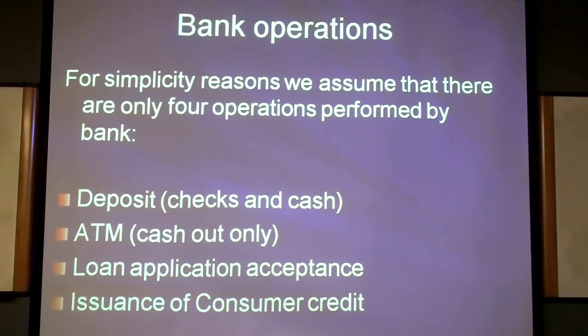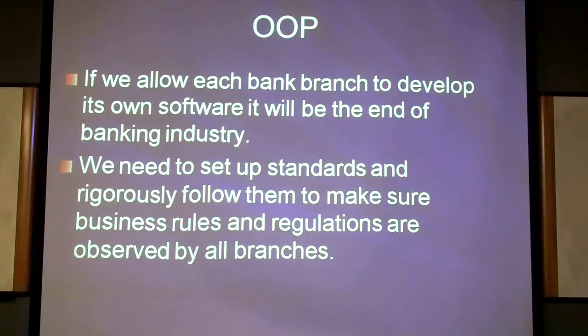So we have to put standards there. We have to standardize these operations and make sure that all these operations are executed exactly the same way, no matter where the bank branch is located. Definitely, there might be some small deviations like tax rate or additional fees and so on, but generally speaking, these 4 operations should be done the same way. Now, in order to see how we can enforce these standards, because it doesn't matter how many documents and emails you send, definitely they will not be the same if you hire a different group of people.